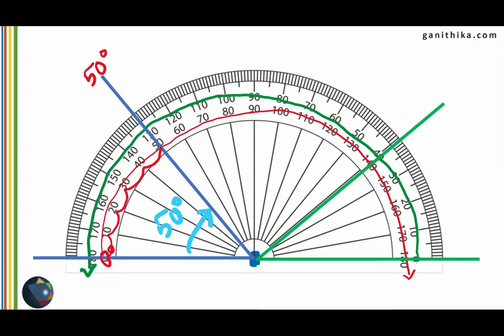If the angle is given on this side, align the protractor with the vertex of the angle and the base with the zero of the protractor on this side. Therefore the zero is on the outer side of the protractor. So carefully measure the angle from 0, 10, 20, 30 all the way to the second line. In this case, the second line meets the protractor at 40 degrees. Therefore, the angle measured here is 40 degrees.